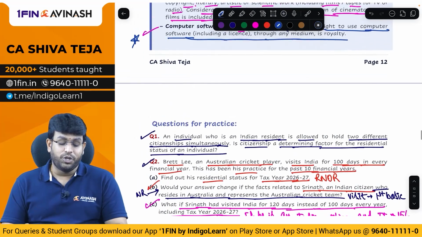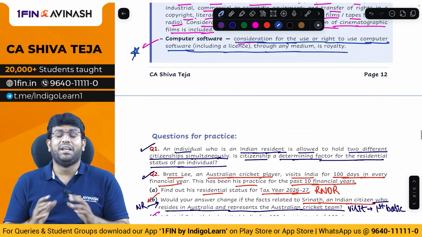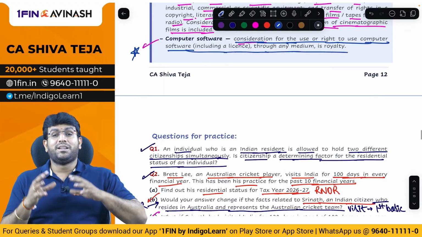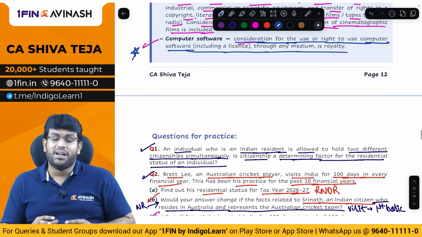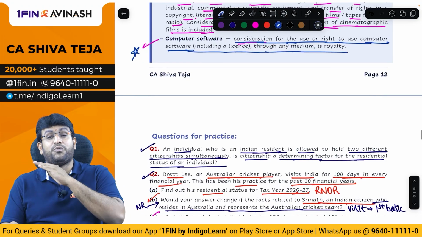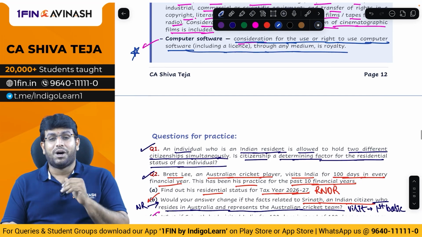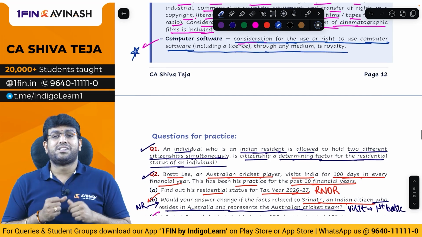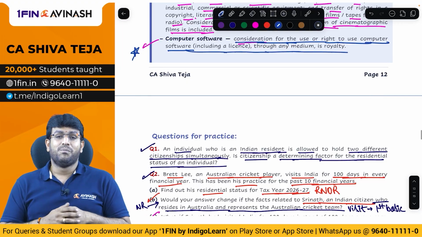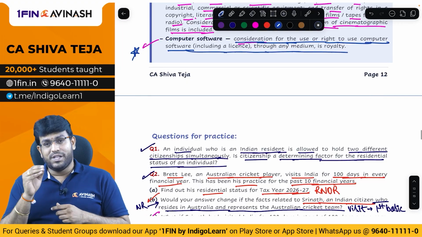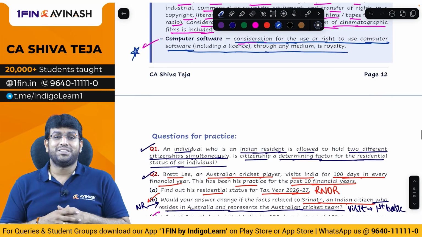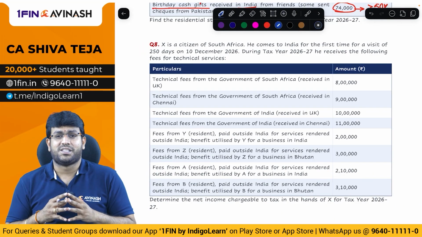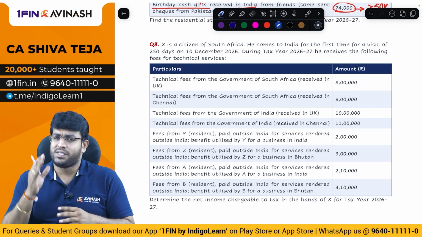So that is the story of this interesting concept of section 9, income deemed to accrue as in India. Important discussion because income deemed to accrue as in India is known as Indian income. Once it is Indian income, it is taxable for everybody. ROR, RNOR, NR. That is the story of this concept of residential status and scope of total income. But we still have a few more questions for practice. We'll solve that and then complete this topic. Come on friends, let's see the balance interesting questions in this particular topic of residential status and complete this topic, my dear friends. Come on, see that.